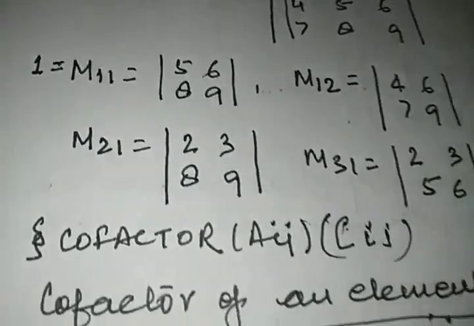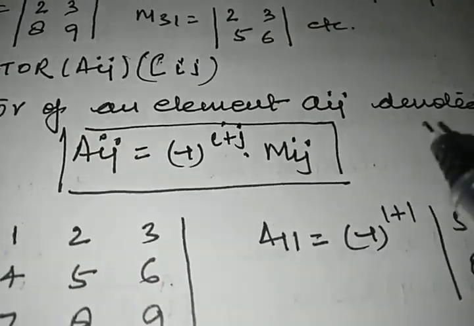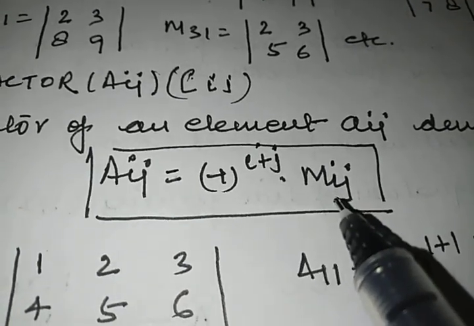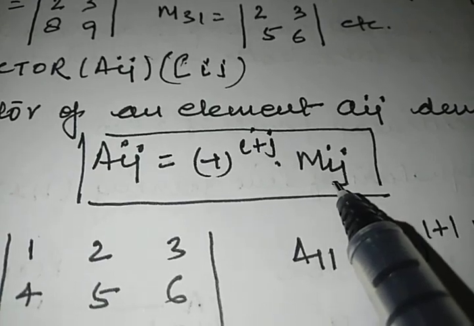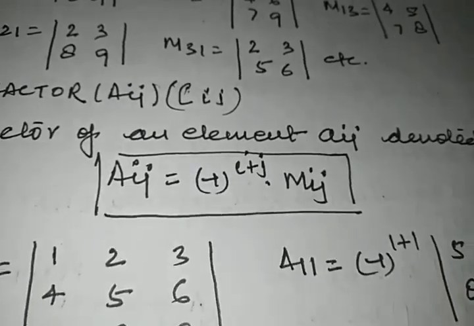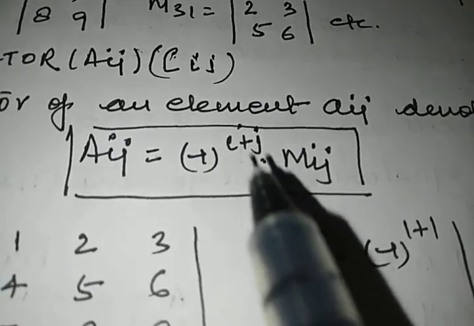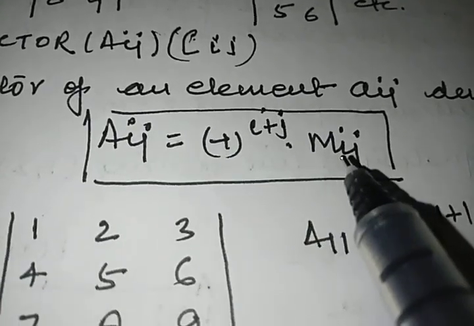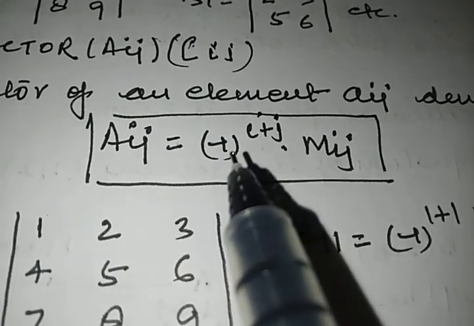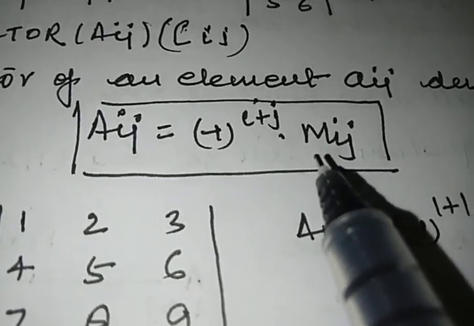So don't be confused, both the forms can be used. Cofactors of an element Aij. Now the cofactors of the element Aij are what? The same minor you have to write, and then you have to multiply by the corresponding sign of the element. That I told you, every element is carrying a plus or minus sign over it. So this is the only sign you have to attach over the minor, and it will become a cofactor. Means cofactor is equal to the sign of the element into the corresponding minor.